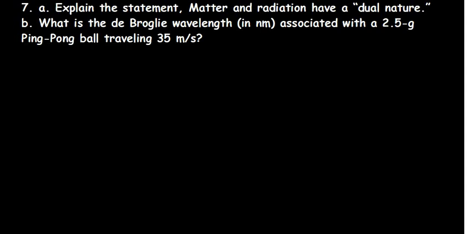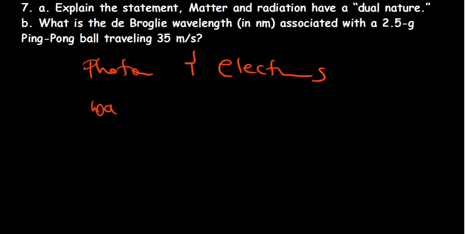Alright, so we'll look at question 7. Explain the statement: matter and radiation have a dual nature. So earlier on we talked about the wave particle duality. That's the same thing we're talking about here. So what it means when you say dual nature is that particles like photons and electrons that we study under atomic structure